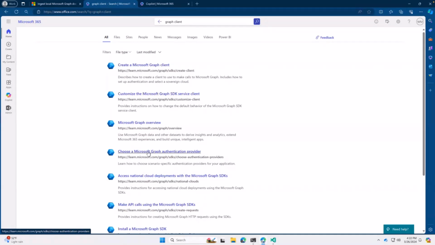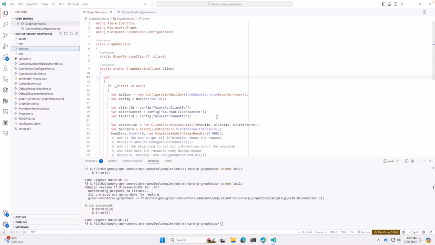But the cool thing is you can now search from one single place, being Microsoft 365, across all your org, and then you will be able to find the content that you need from a single place without having to worry about which system it's stored in and so forth. So this is really great. This is the benefit that you get when you build a connector. You bring the external content to Microsoft 365 and then ingest it. And with that, you get a centralized access to it, including the benefit that it's going to work with AI